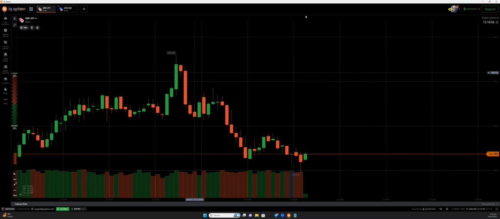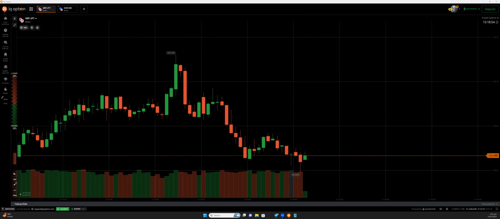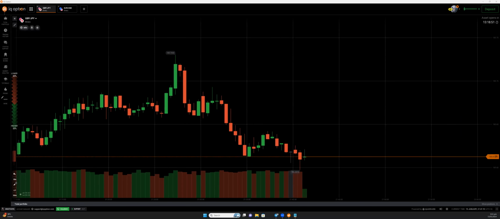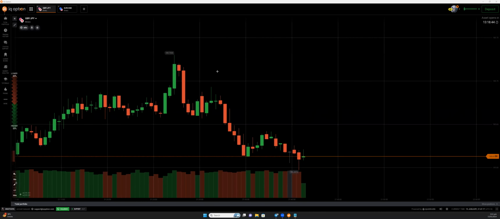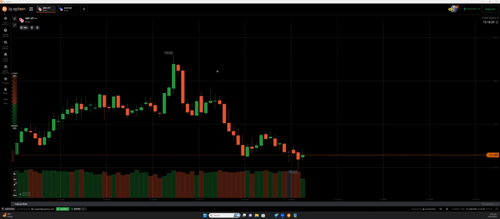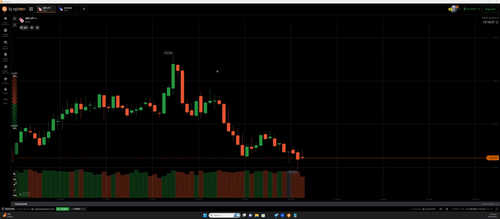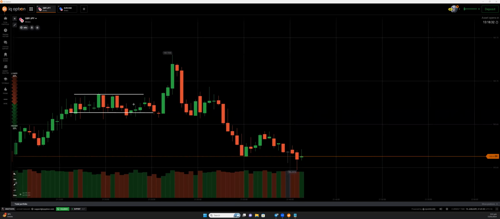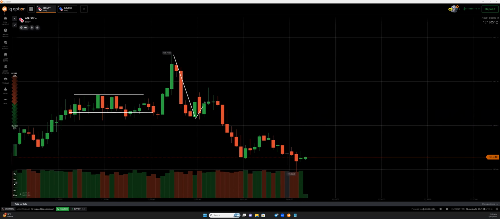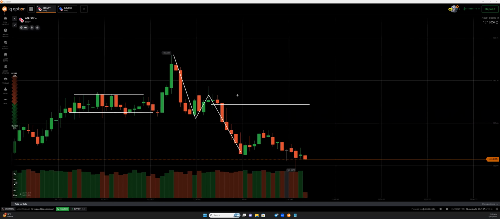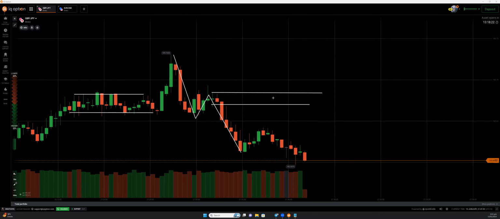In sideways, sir, do we still consider these demand and supply zones when it's a sideways market? If the price action is clear in that condition, yes. If the price action is not clear, we will never. We need a space for 5 candles. In sideways, sometimes we have a space in the big range, but in the minor range, we don't have a space. For example, if this is the condition, and here if the zigzag is formed, do we have a space for 5 candles on the 5 minute? No. Yes, in this area there is. For example, if the price may touch it, then we can get up this way.